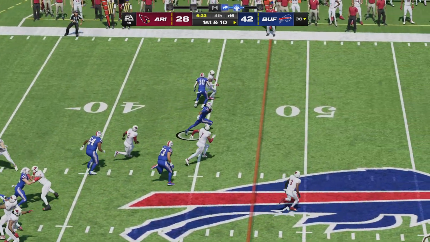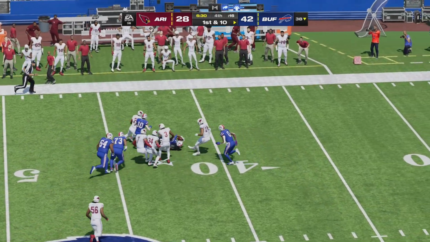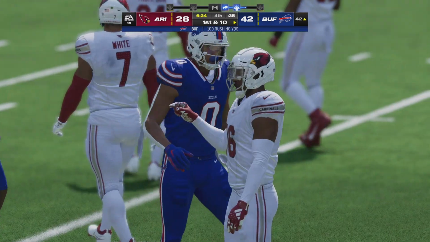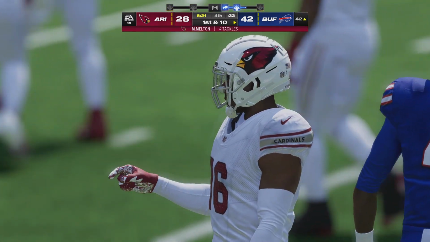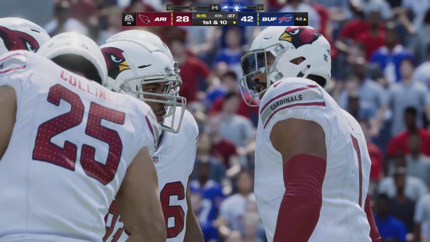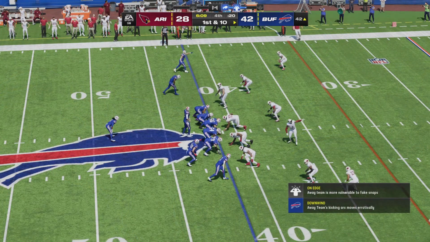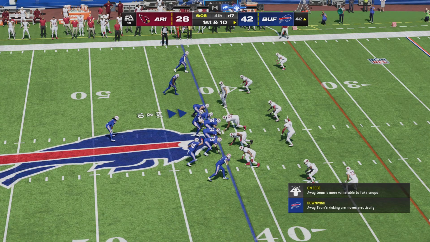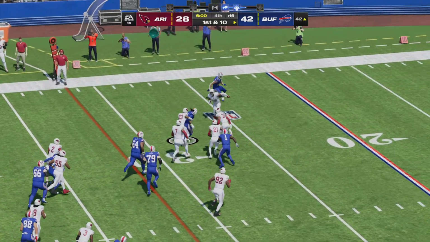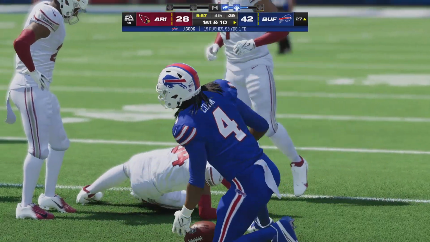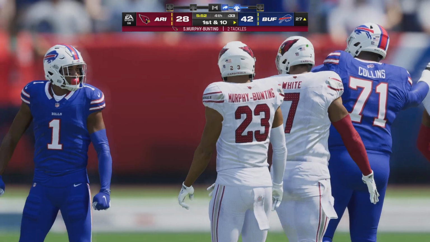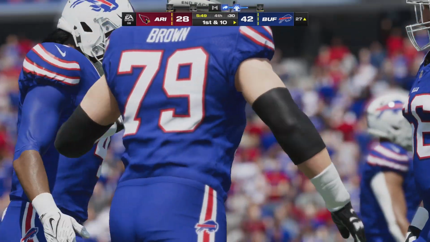Another tote for the workhorse this afternoon. It's Cook. And he'll have it past midfield almost to the 40 before being taken down. 78 yards for him on the ground now on 18 carries. No doubt those are the types of carries they're looking for here, Charles. The lead in the fourth quarter. This is when coaches that have a reliable running game, they breathe a little easier on the sideline. Yeah, they love the idea that they can take the air out of the football at this point of the game. That means they're really counting on that offensive line, counting on the runners, taking care of the football. Because you're going to tell your quarterback, hey, no time to be a hero. We're not going to throw it here. Just eat up that clock. And if you have the ball, they can't score.